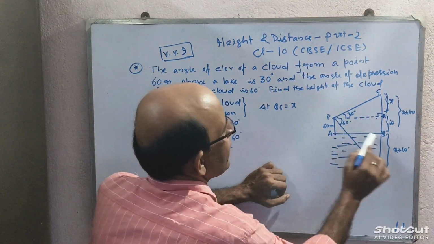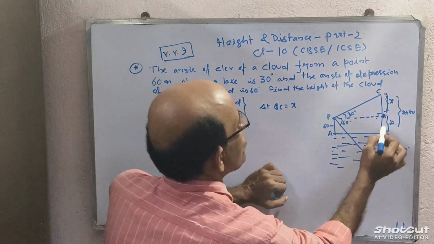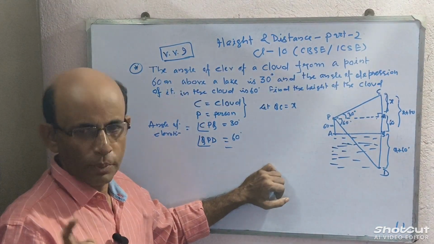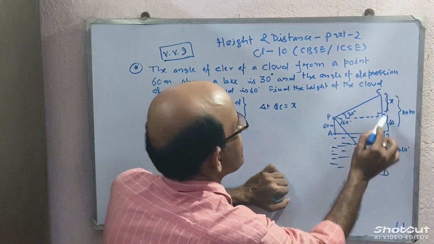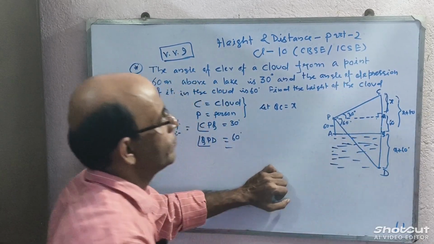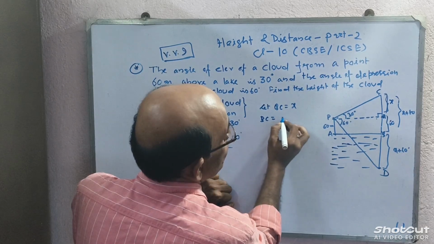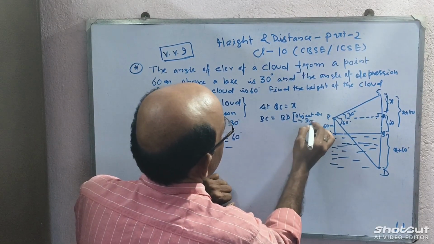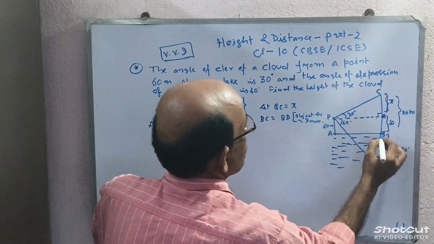This is the cloud, this is the lake, normal surface, and this is its reflection. অঙ্কটা না বুঝলে ডায়াগ্রামটা হবে না। ফার্স্ট হচ্ছে এইখান থেকে ক্লাউড থেকে এটা হচ্ছে হাইট অফ দা ক্লাউড। তুমি নিশ্চয়ই জানো laws of reflection in physics, object distance equal to image distance. এখান থেকে এটা x plus 60, এটা x ধরেছি, এটা 60 দেওয়া আছে, এটা 60 হলে এটাও 60 হবে। তাহলে object distance equal to image distance হবে, মানে BC is equal to BD। এটা কেন? এটা ফিজিক্স এর রুল, object distance is equal to image distance. এটা না বুঝতে পারলে ডায়াগ্রাম হবে না। This is the reflection, object distance এতটা হলে এটাও এতটা।